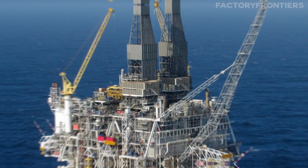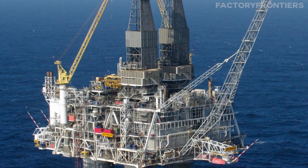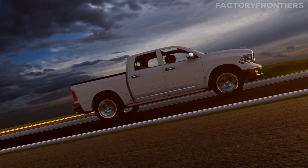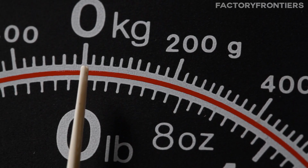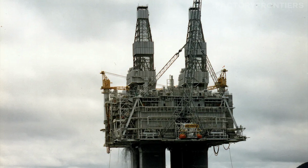600,000 tons. This is the weight of this crazy oil platform. Just for a reminder, your average truck is 2.0 tons, so you would have to multiply your truck 300,000 times. Yup, that's a lot of trucks, and this is just in terms of weight, because let's talk about the height